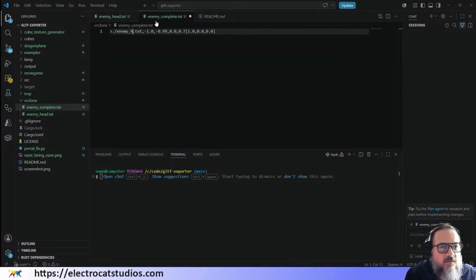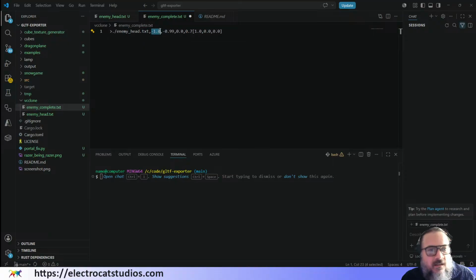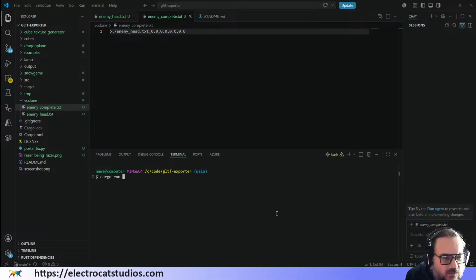Just need to change this to enemy head txt. Excuse me. Right. 0, 0, no rotation, and we leave out all of the color stuff. So we're going to do cargo run. We pass in VCC clone enemy complete and copy outputs enemy GLTF to the